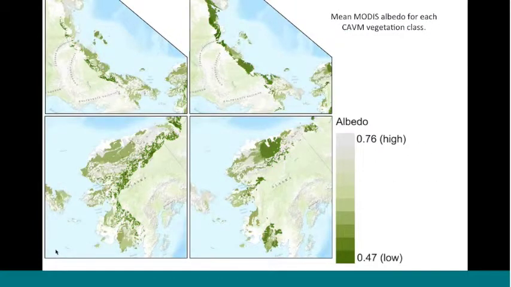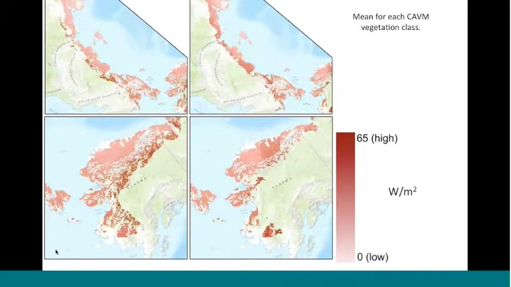And that changes albedo. So this slide is just showing what the albedo implications will be in terms of these predicted scenarios of vegetation distribution. In other words, there'll be a lot darker surface and lower albedos. That in turn changes the whole net shortwave radiation balance because of the energy absorbed by the dark vegetation, and that will have significant feedback effects, as I mentioned, on carbon and energy cycling.